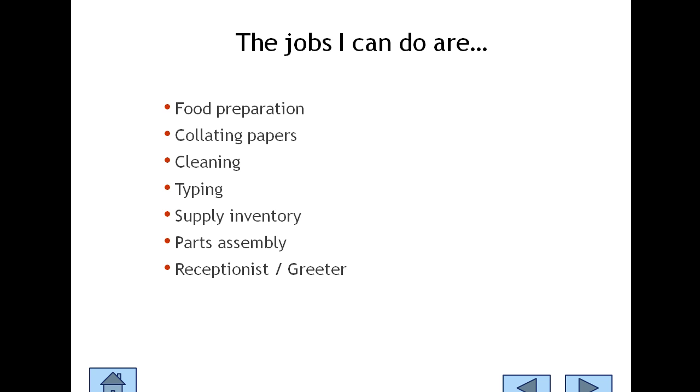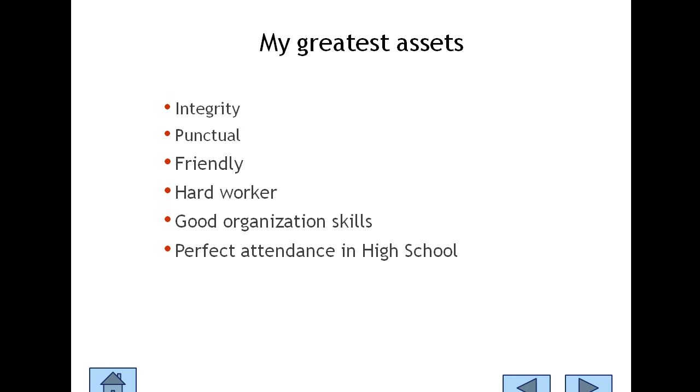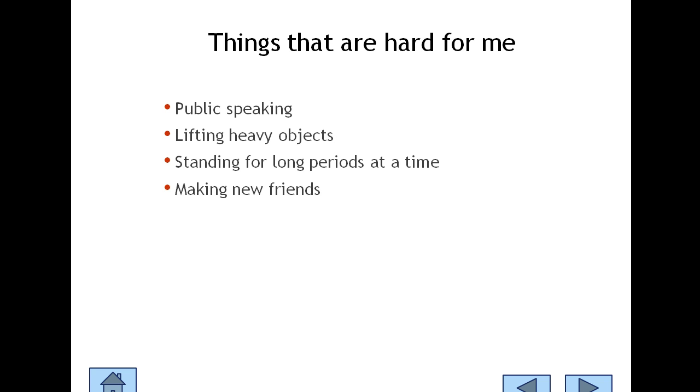And so in the end, again, some of the things that they did and they can do, they would present that to an employer. Some of their qualities and their assets would be something they want to share. Of course, you see these bulleted statements, which is something that we had learned in Microsoft Word earlier. Again, like I said before, some of the things that are hard for students, maybe they can't do a left click or a right click on the mouse. The key combinations, like I said before.